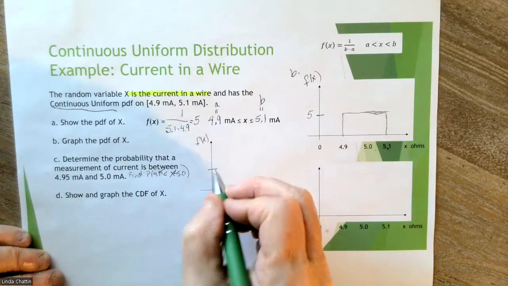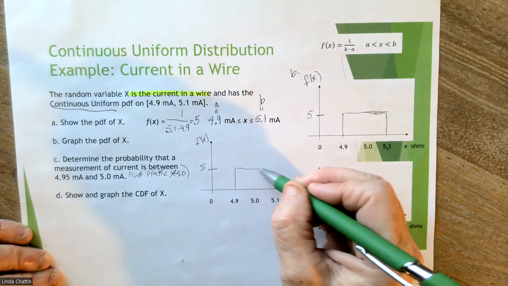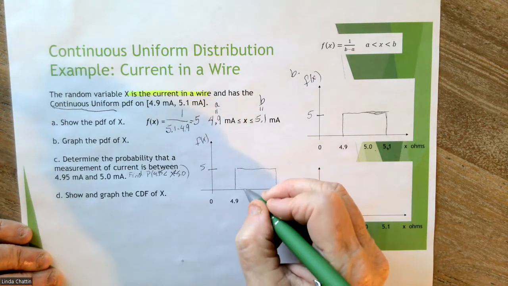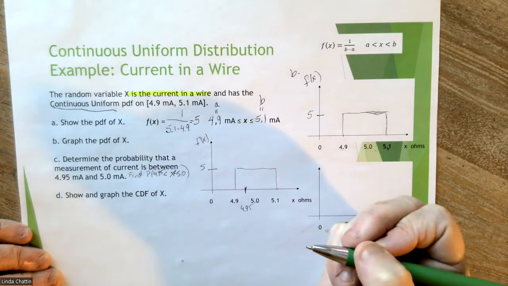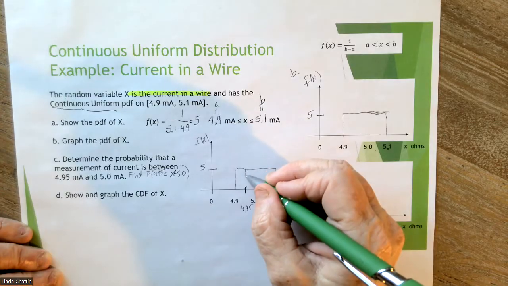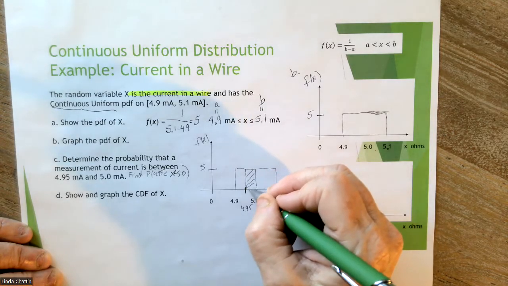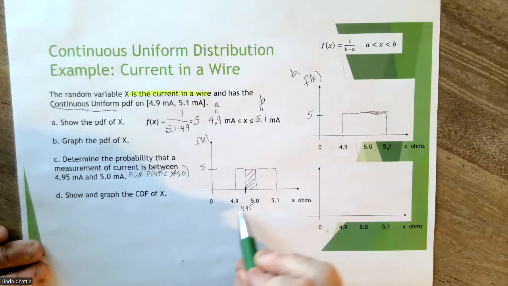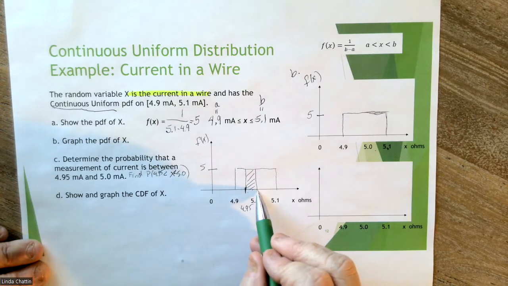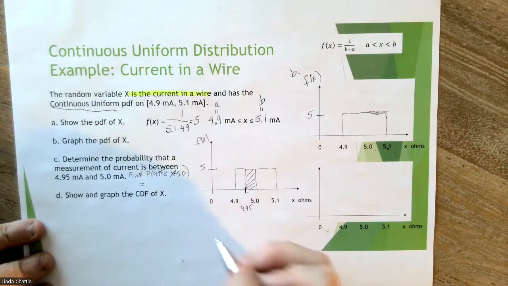And I could show a picture of that. It's just going to be this strip of probability. If I were to do right here, 4.95, then what they want to know is what is the area, which is really just base times height right here. So that's going to be 0.25, right? Because the distance here is going to be 0.05 times the height, which is 5. So we can see that that would just be